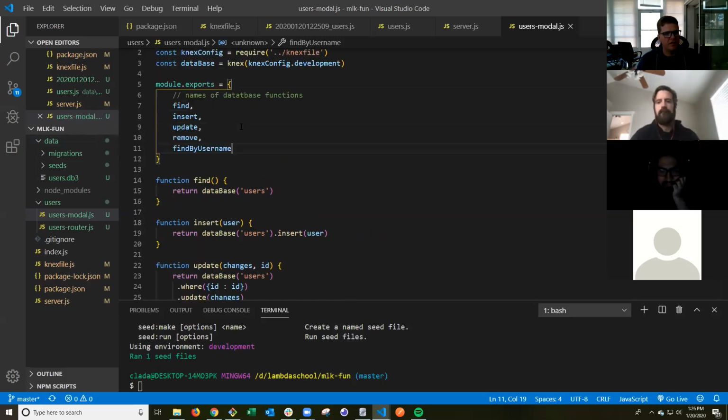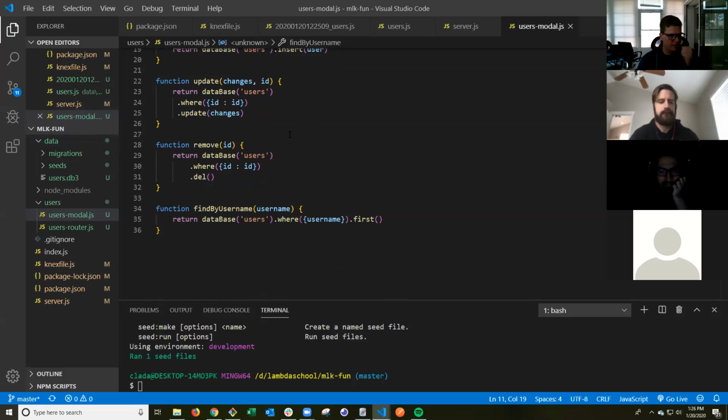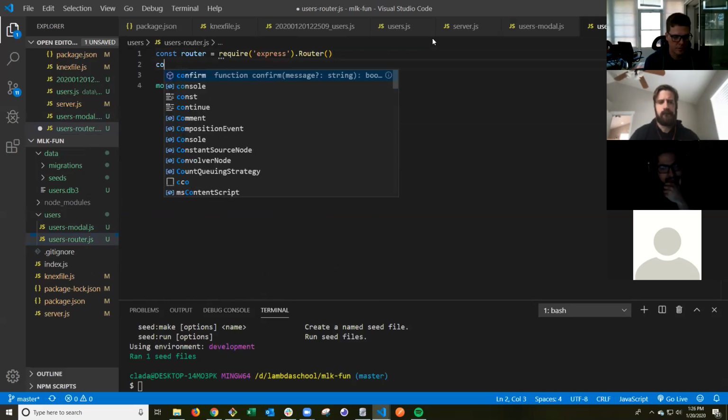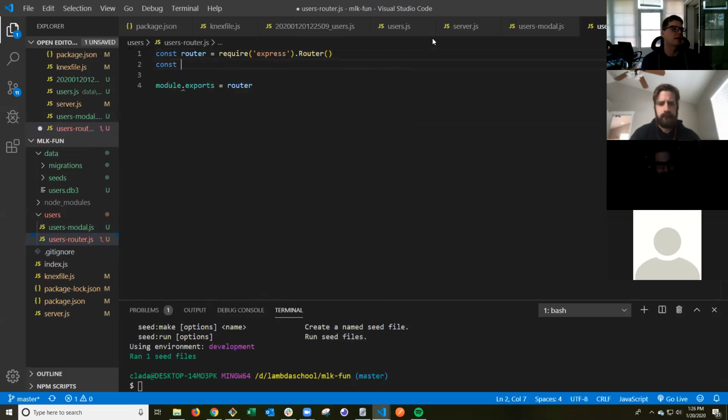So we have all of these. We are exporting all of these. We are pretty much done here. Let's go check out our router. We're in the router. Okay, so we got our express router. Now the next thing we need to get is our model. We need to get all of those functions we just wrote into this router. So we'll call that